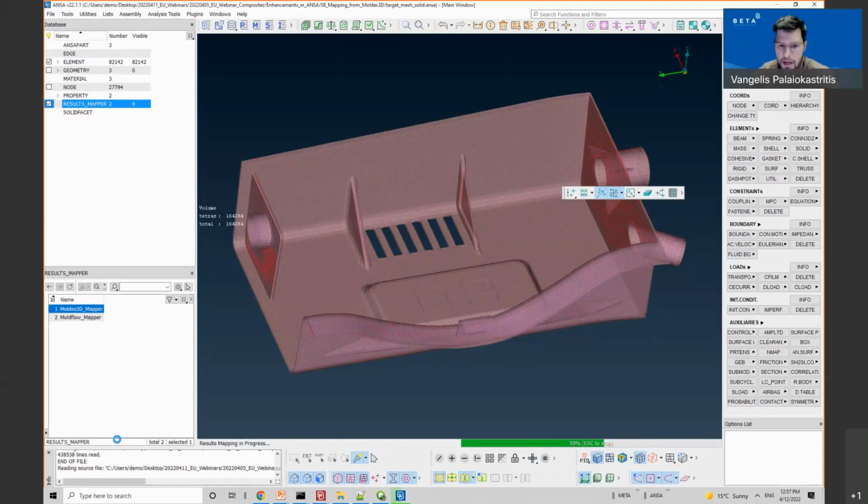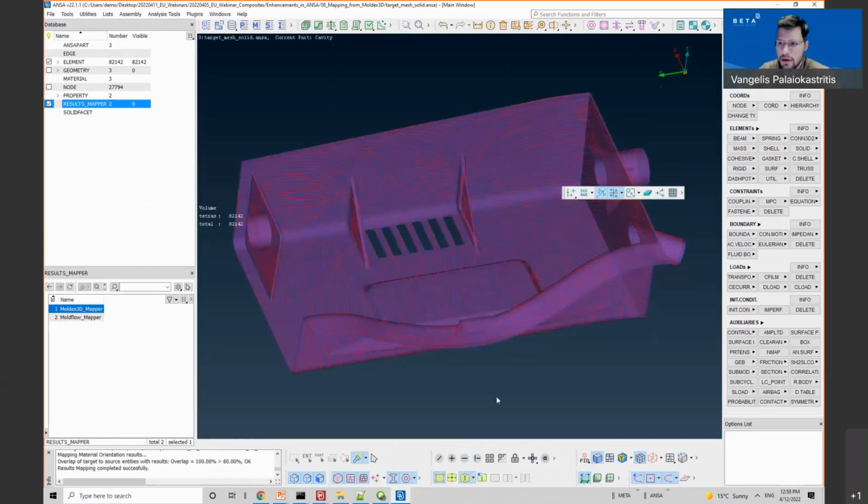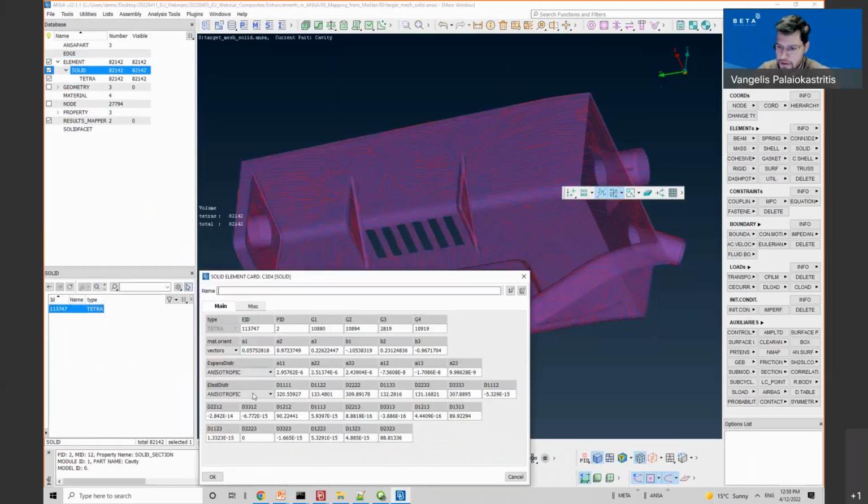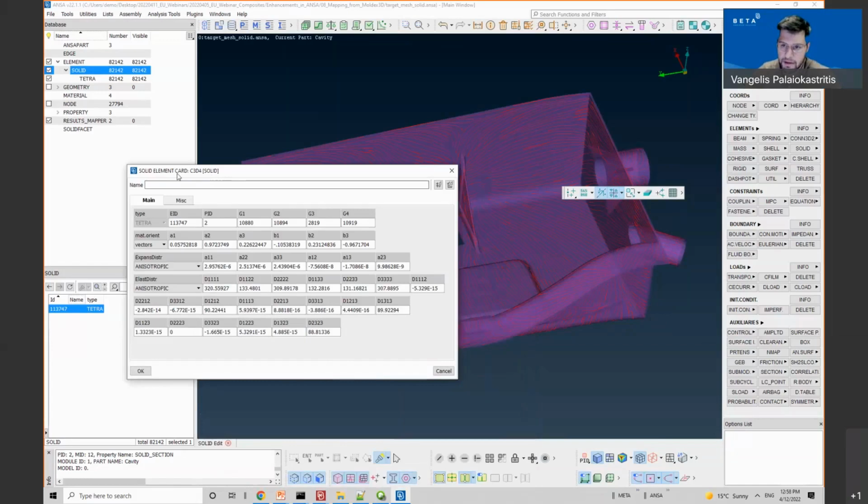So it actually creates a distribution table, and as you can see, the information of the material of each element in ANSA is shown in the material card. So this is the homogenized material that has been calculated during the mapping for this solid element.